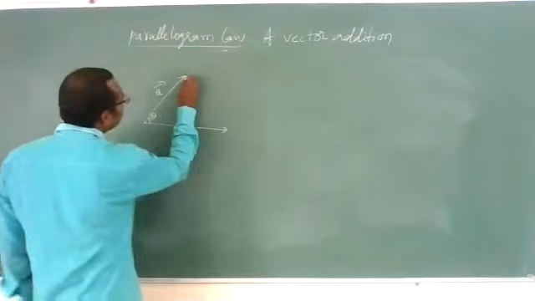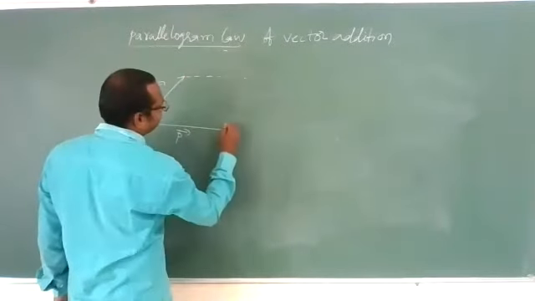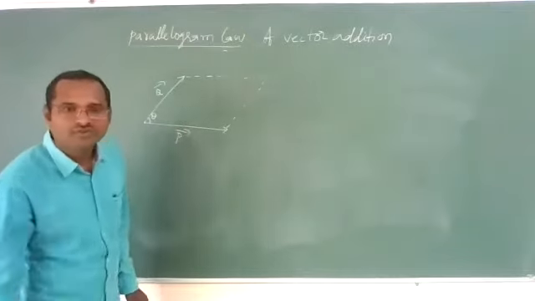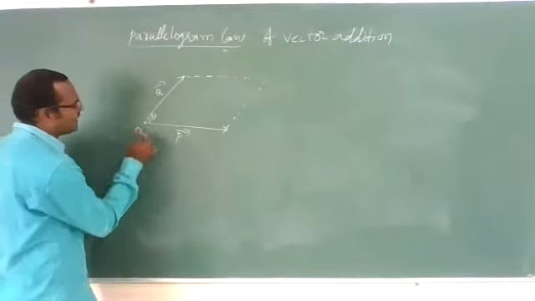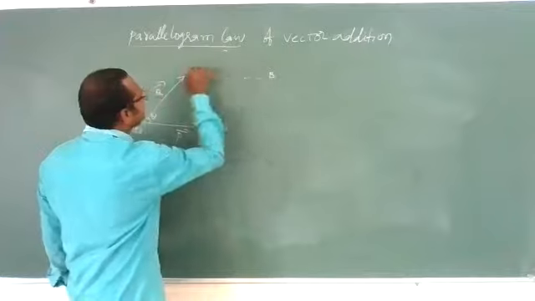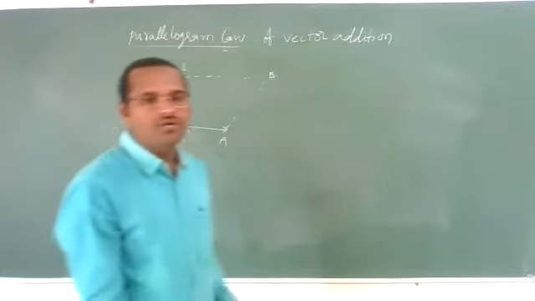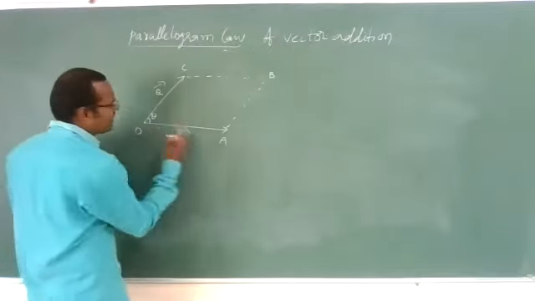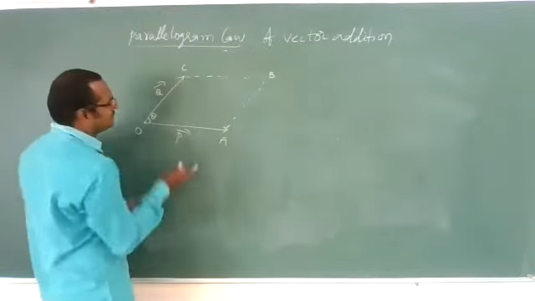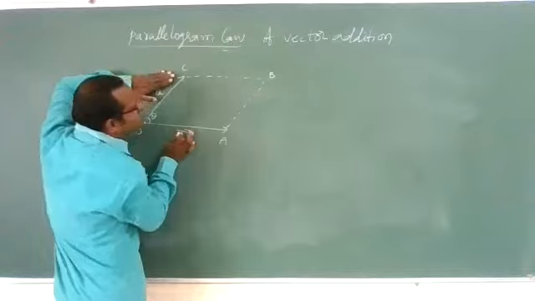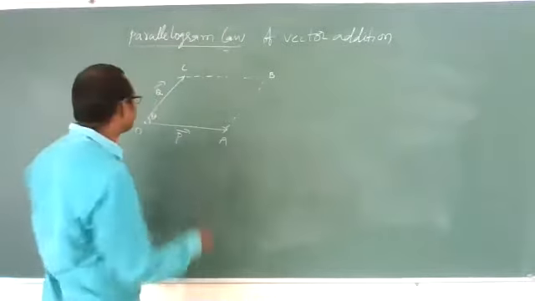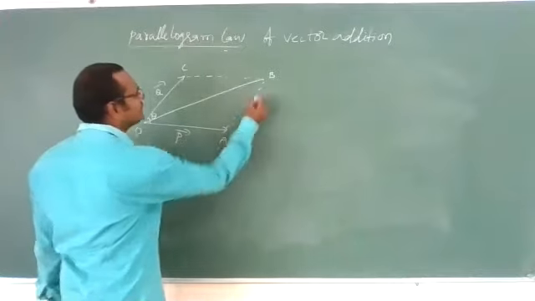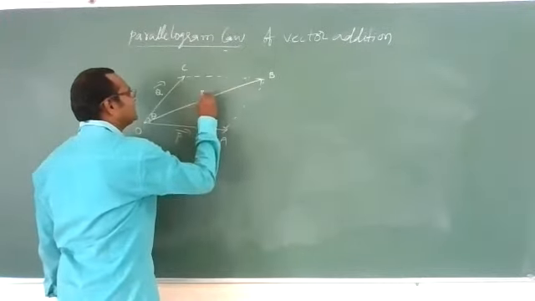Then what you have to do is construct one parallelogram. This parallelogram I am giving the name OABC. OABC is my parallelogram now. For this parallelogram, OA is one side, OC is one side. These two sides represent my two vectors, P bar and Q bar. Then the resultant of these two vectors is given by the diagonal of this parallelogram. That is OB. This I am representing with the letter R bar.